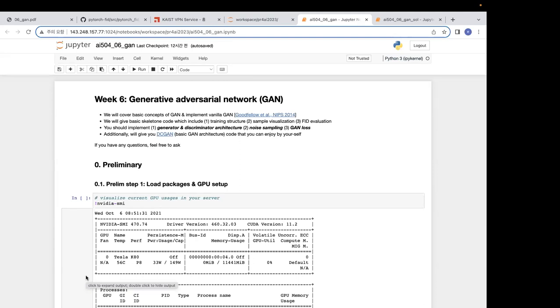Please make sure to download all the materials from Classroom, including the source code, which means this file, and two Python files. Today, we will cover GAN with PyTorch. The main points of today's practice are understanding